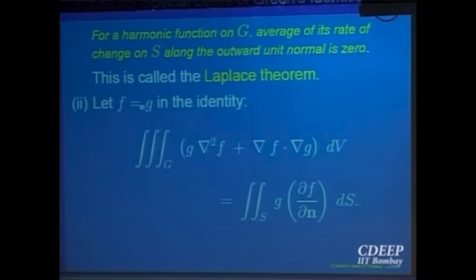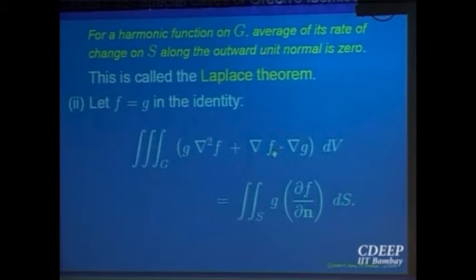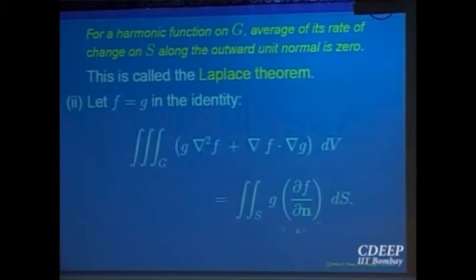For example, let us put f equal to g in this equation, right? That was the first identity itself. So in this, if f is equal to g, that gives you f times the Laplacian of f plus the norm of the gradient of f squared is equal to f times the directional derivative of f along n. Supposing your function is also harmonic, f is a harmonic function, then this term will vanish. So what you will get is that the triple integral of the norm of the gradient squared, something similar to what we got in Green's theorem also, is equal to the integral of f times the directional derivative of f along n, right?